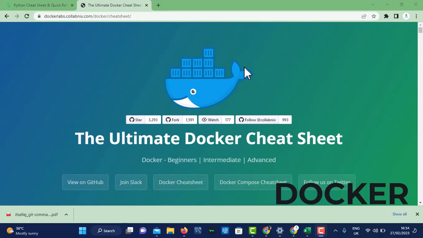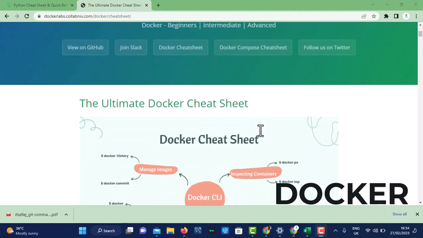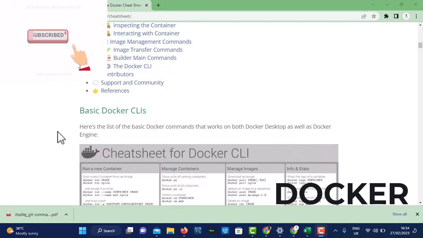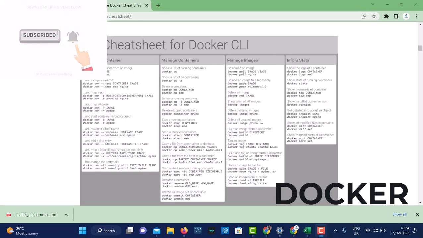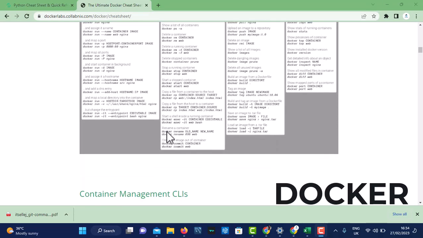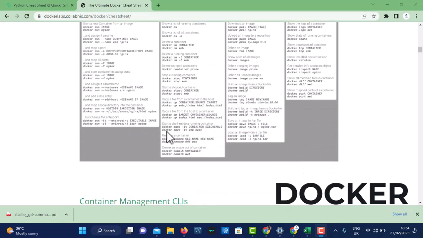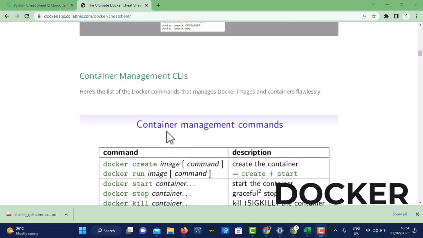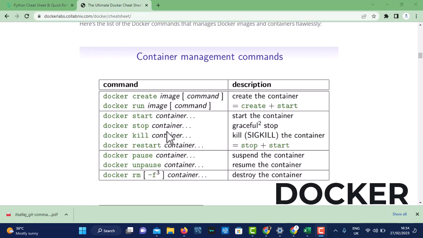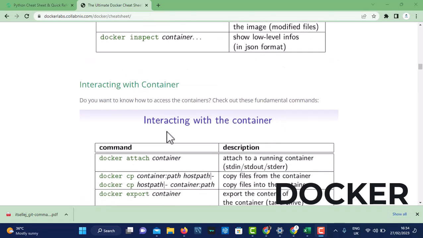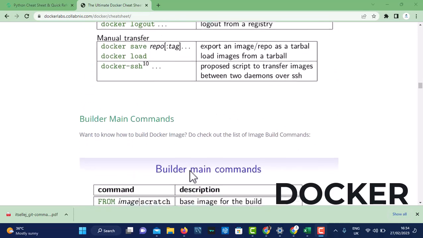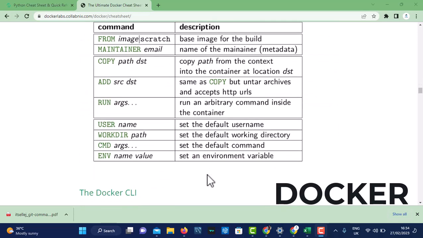The next one is the ultimate Docker cheat sheet. If you want to learn about Docker, I will advise you or will encourage you to check this Docker cheat sheet. The URL is dockerlabs.collabnix.com. I will share it in the description box as usual. Container management CLIs. That's the commands to manage containers. Inspecting the container, interacting with the container, image management commands, image transfer commands, builder main commands,